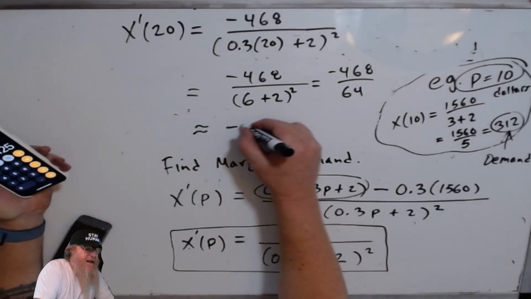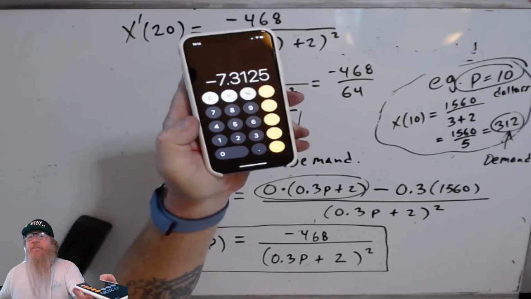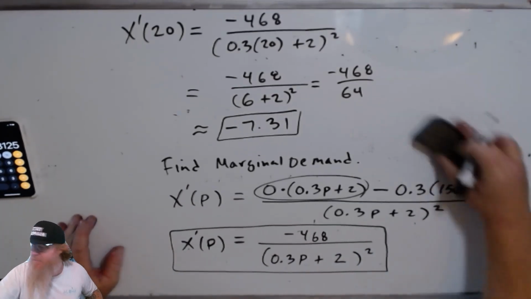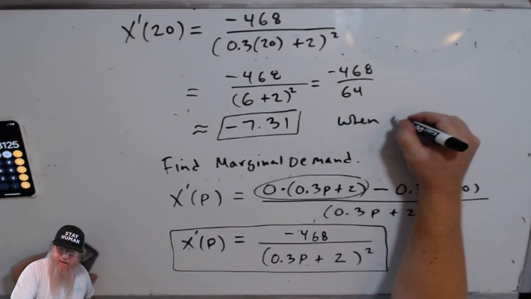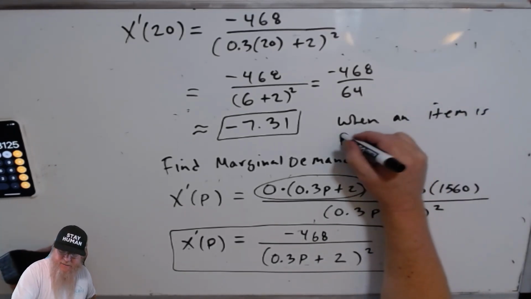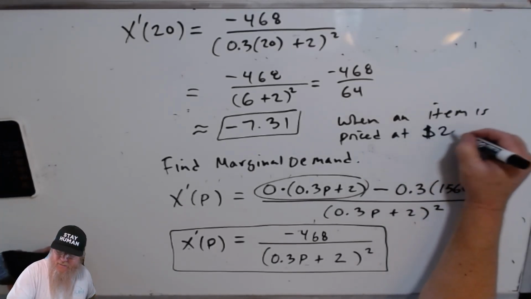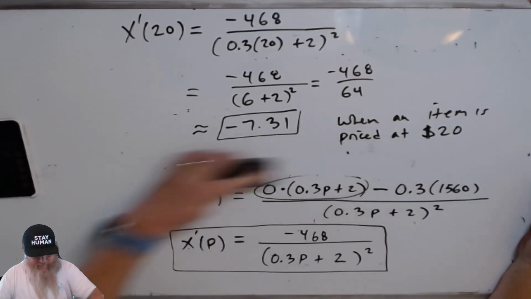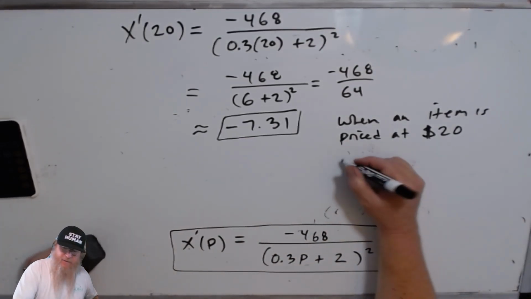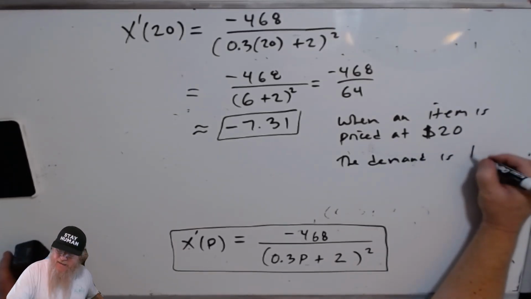So that's negative 7.31. I'm just keeping it $7.31. So what does this mean? This means when an item is priced at $20, the demand is decreasing,